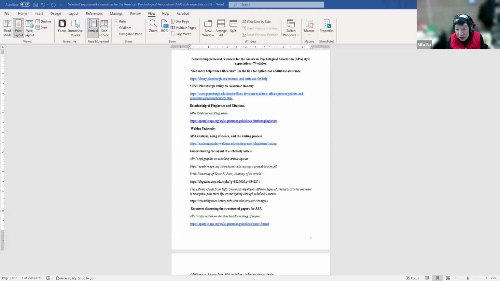You have an abstract or a summary of the article. It should include the methodology of how they chose to investigate or do the research, whether it's a lit review or a chi-squared kind of study. Then you have the introduction, which should include the purpose, or the reason why this research was done. You should have the methods. You should have results.